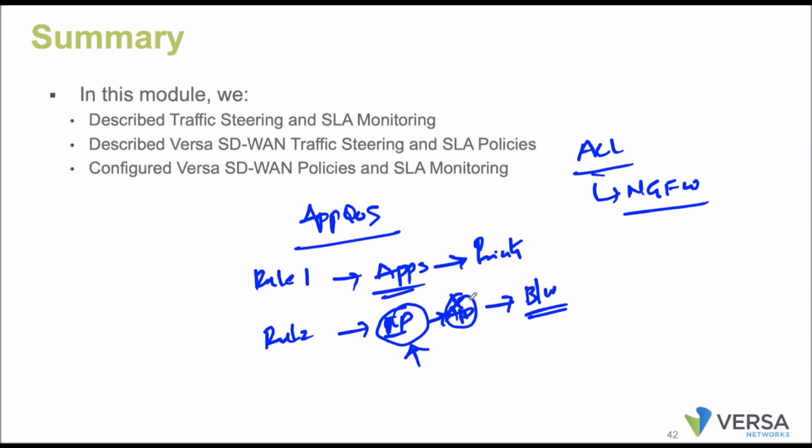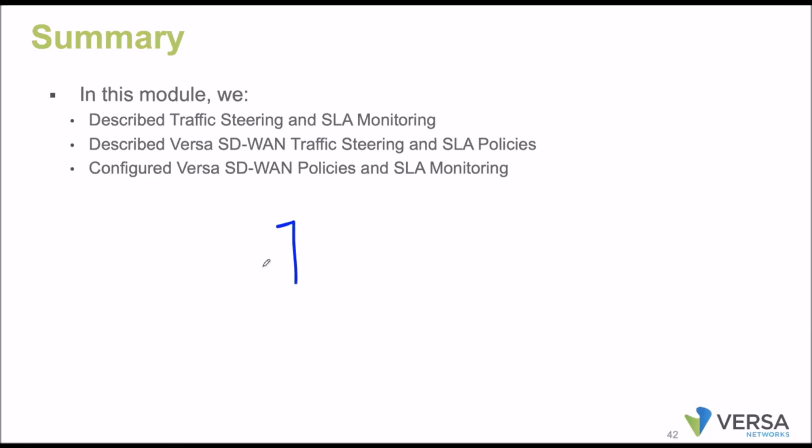If you provide more match conditions, it is going to be more granular. If not, ignore the applications part and the URLs part, and you can do it only with the help of IP addresses. But in our local internet breakout cases, the IP addresses are dynamic and DNS resolved. So how can I do that? Of course, that's what we are going with the NGFW capabilities.